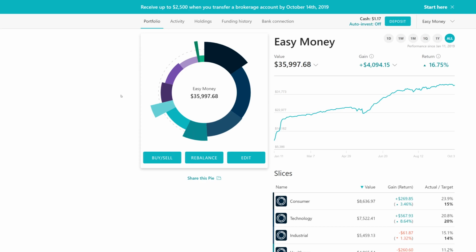If we go back over here to my portfolio, there's one thing I do want to mention first: you guys can see this banner here, receive up to $2,500 when you transfer another brokerage account by October 14th. That's kind of tempting. I have a Robinhood account as well, and I have a lot of stocks like Microsoft, Apple, Nvidia, Skyworks, Disney, all these companies that pay dividends. I wanted to transfer them over to M1, but I just never decided to actually do it. And now this is kind of tempting, because if I pull this up,